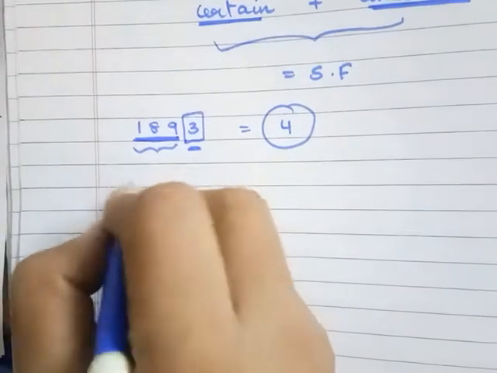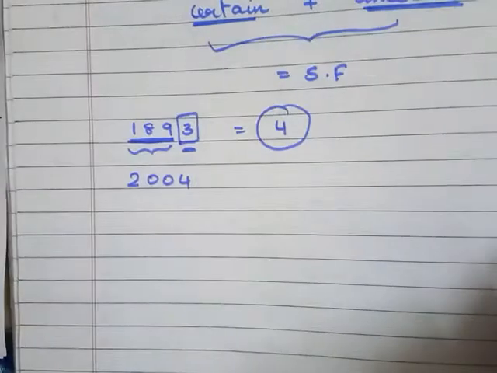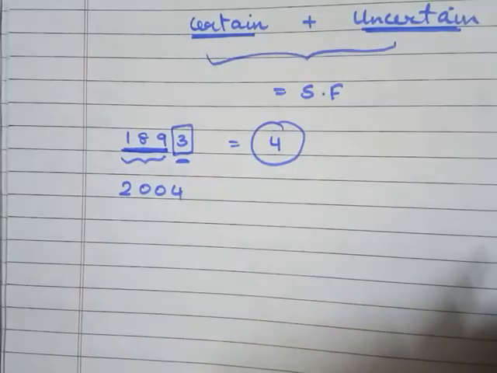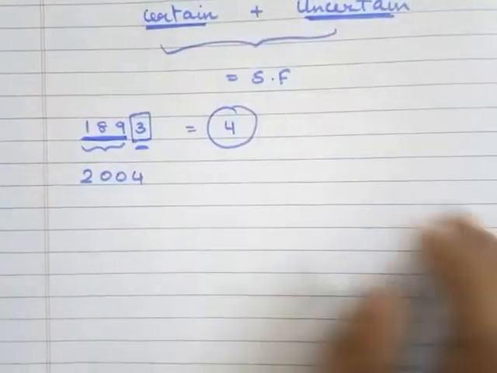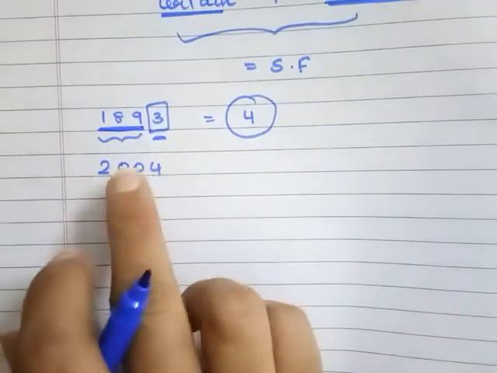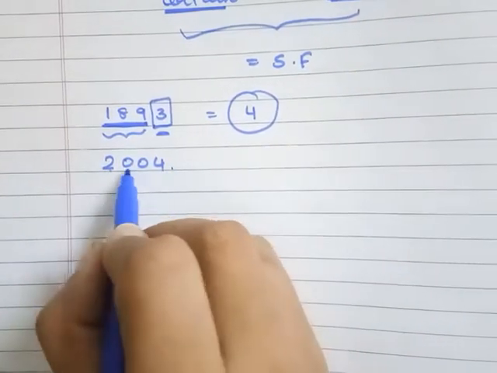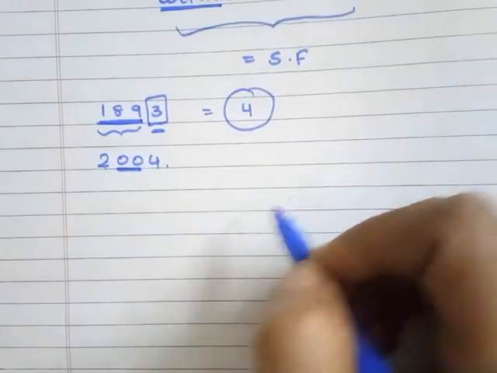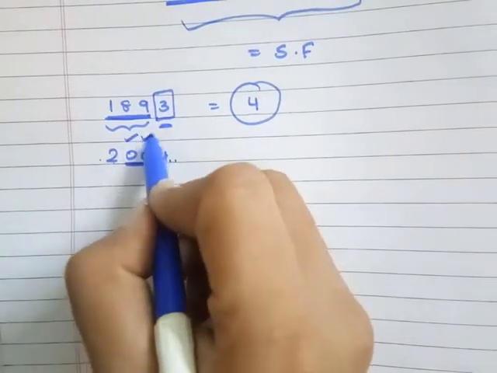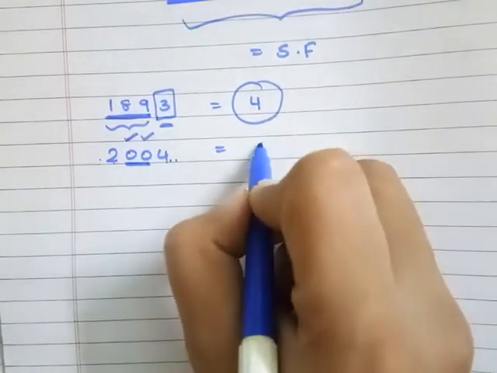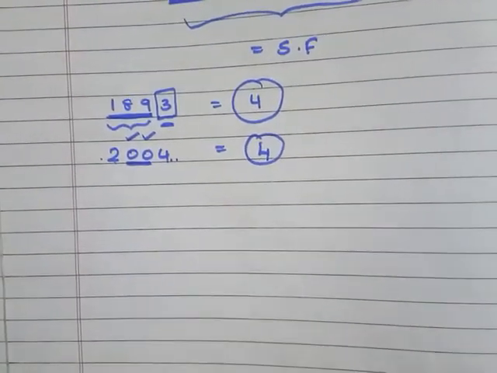Now next, the second rule is zeros between non-zero digits are always significant. So now you know the zeros have an important role, because all non-zeros are significant. When a zero is between two non-zero digits, then the zero will give significance, will have importance. So 1 and 2 were significant, and now these two zeros are also significant. So the sum total number, if you see, is again 4. So we have 4 significant figures.